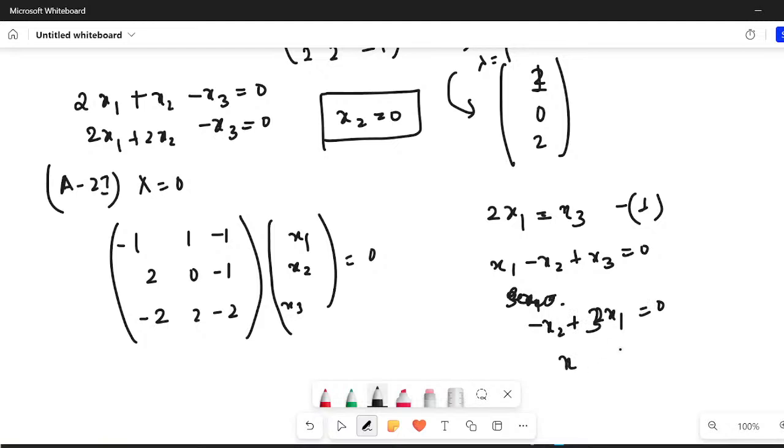That implies x2 would be equal to 3x1. So in totality I can write that,